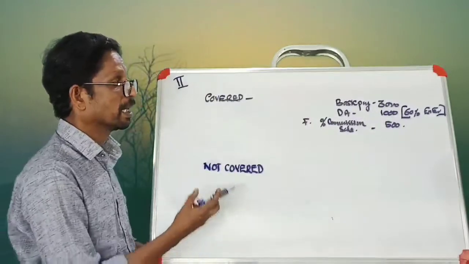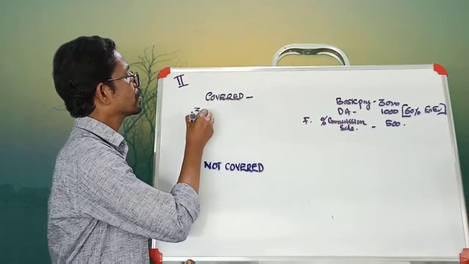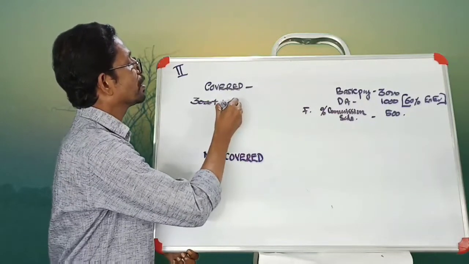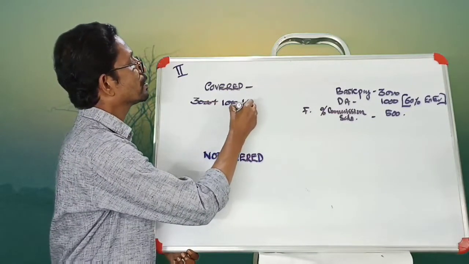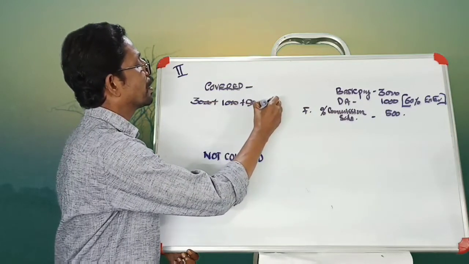Basic pay 3,000 plus DA 1,000, but we take 1,000 plus 500. So total monthly salary is equal to